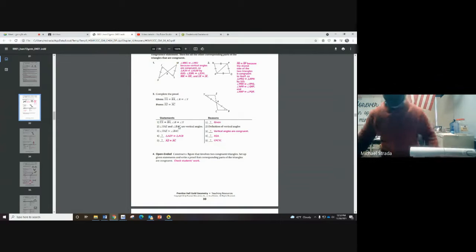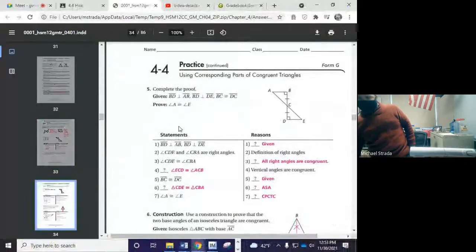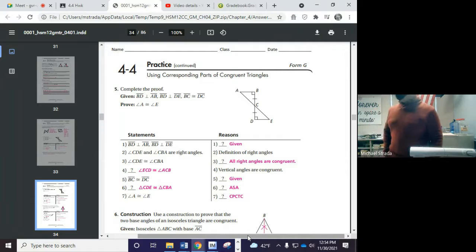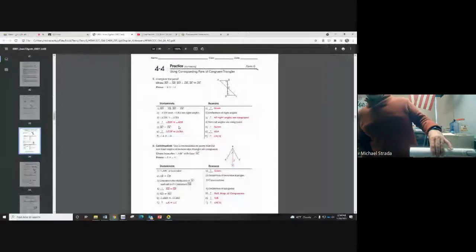All right, go back to number 5. Good with that one? Obviously, they put the all right angles are congruent in 2 steps. That's how it differs, but it's up to you how you want to do that. And then for the last 2,